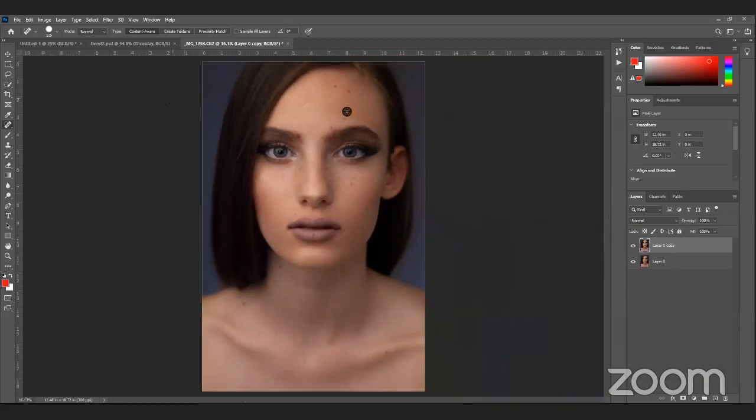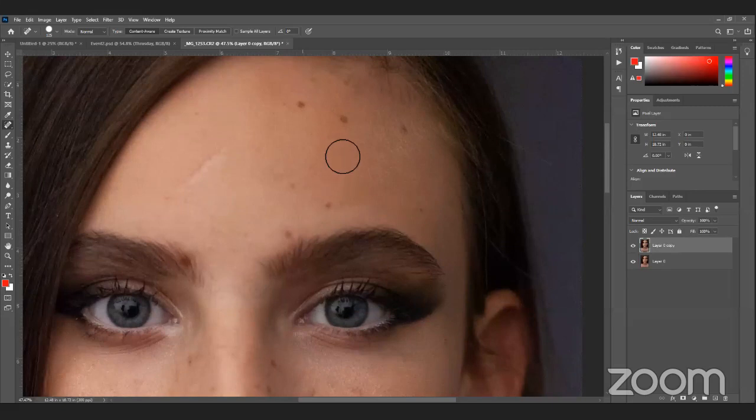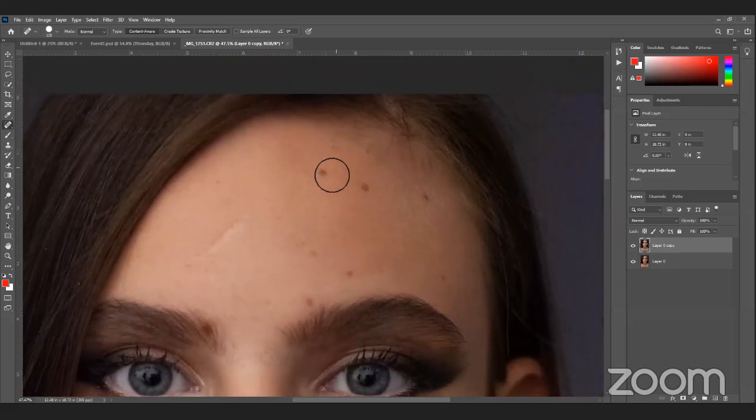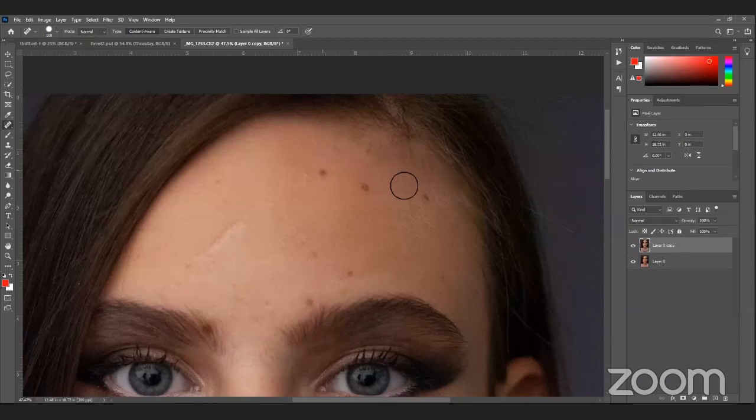purpose. Okay, so I'm going to zoom in, because for retouching you have to zoom in and see the spot clearly. I'm using my curly brackets again to increase and decrease the size of my healing brush. And this is the hardness. I want to reduce the hardness of my brush, and I like 80 only, so that I will not see any unwanted spot. Just click on the spot. You can see it's gone.